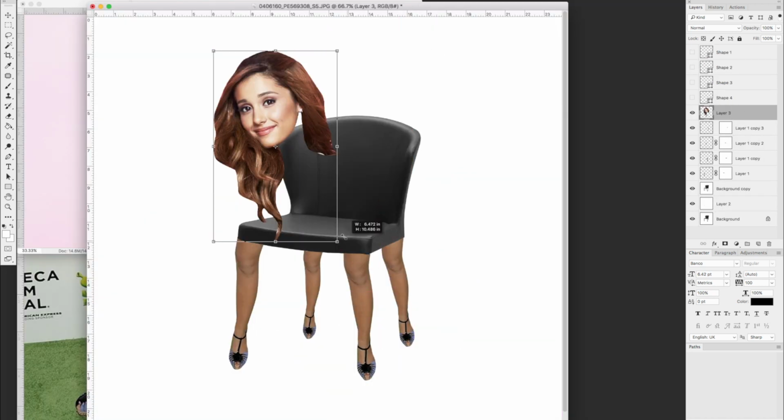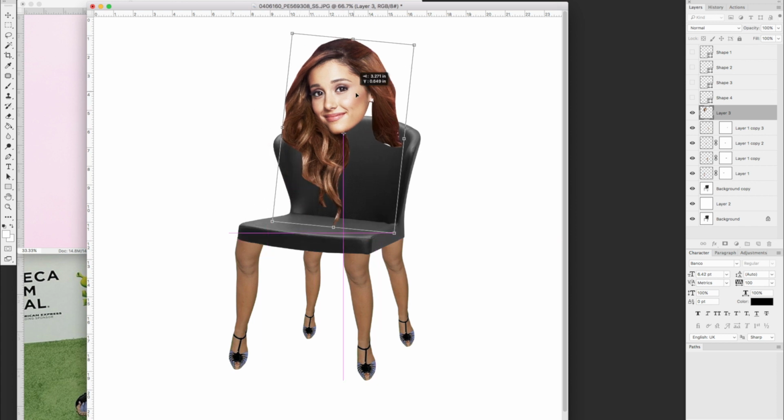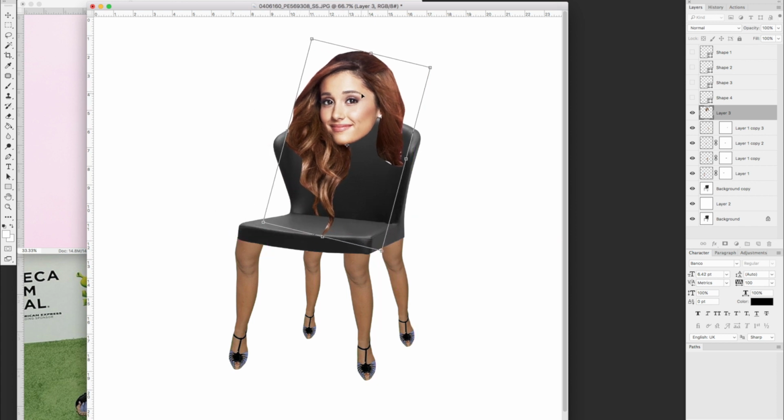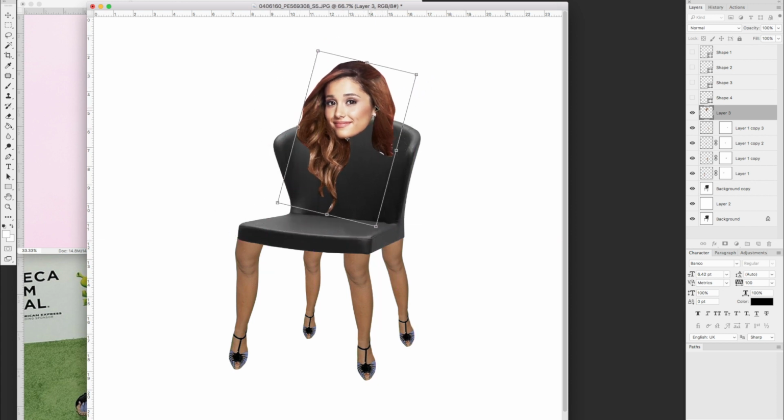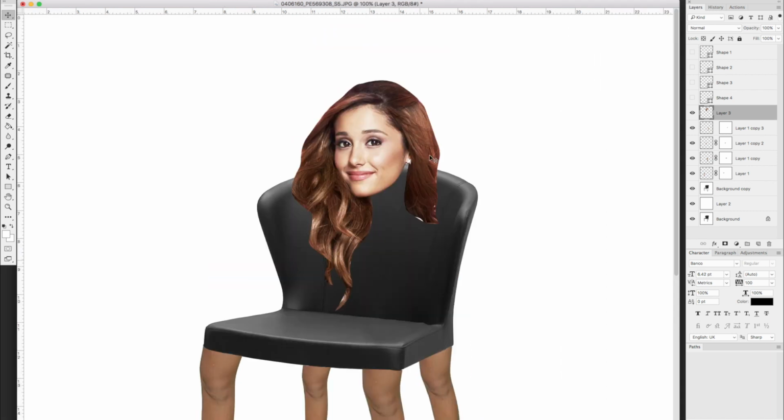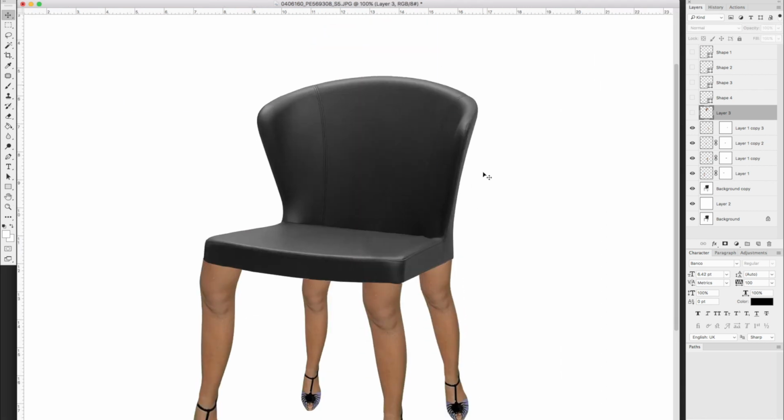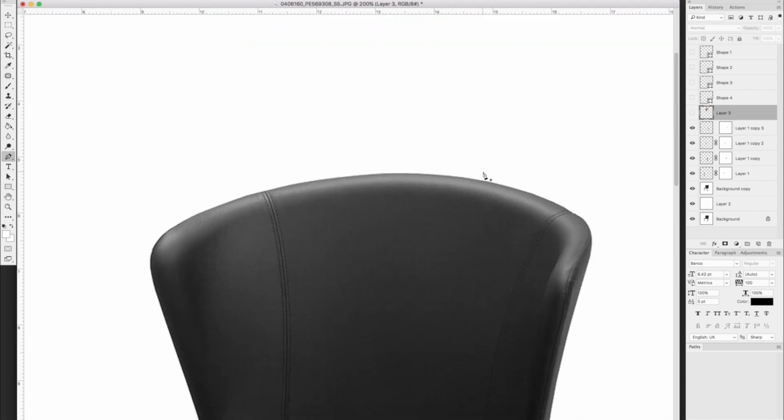And then you're gonna paste her head onto there. And then once again, decrease the size of her head a little bit. So kind of like that. Cool. And then press enter to exit out of the free transform tool. So you have that. So you're gonna hide this layer again, and then zoom in a bit, get the pen